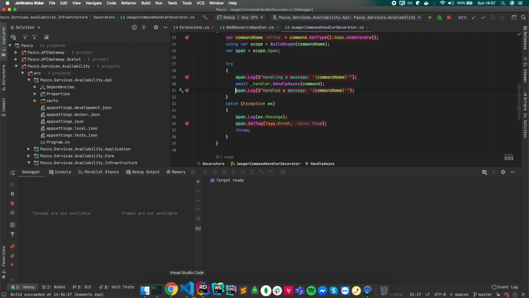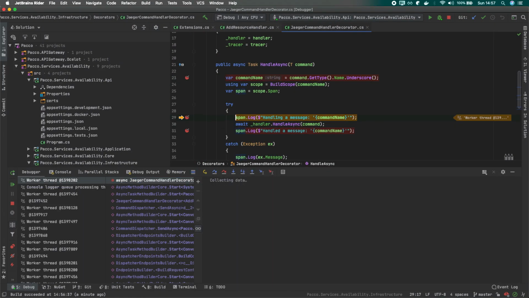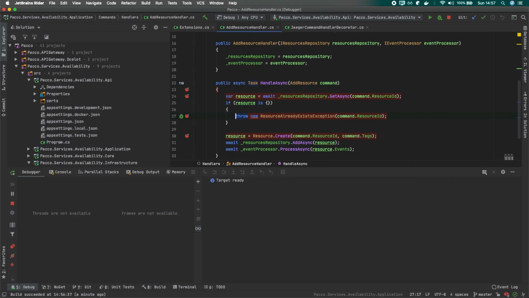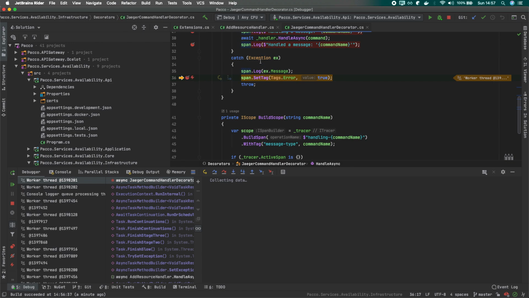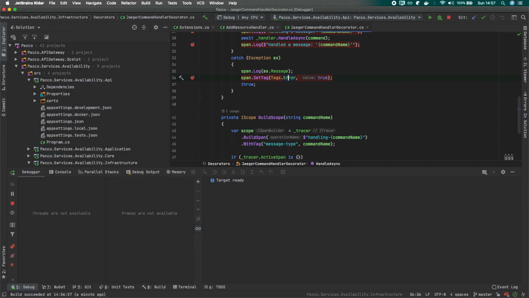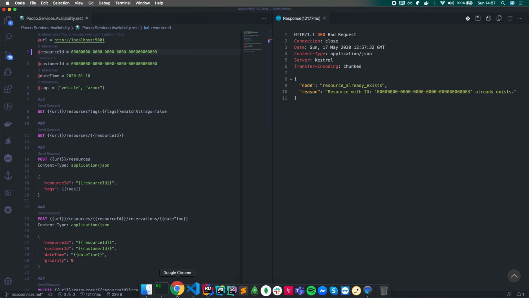So maybe let's try to produce another span, but with that scenario with this exception. Yeah, exactly. So let's do just the same. Post, F5. We should get this exception here. Okay. We should catch this exception, log this exception message along with the span, set the tag to be error, and just return this error status code from our API. Yeah. So let's look at the